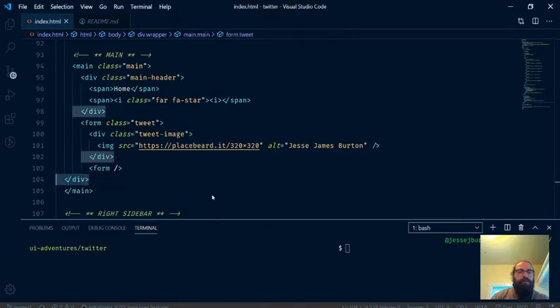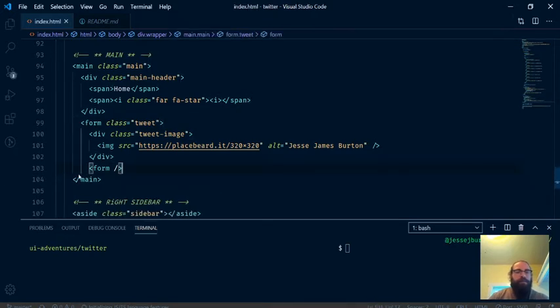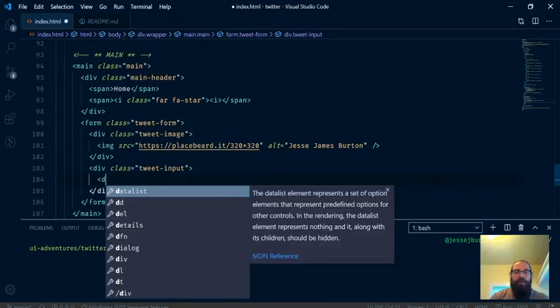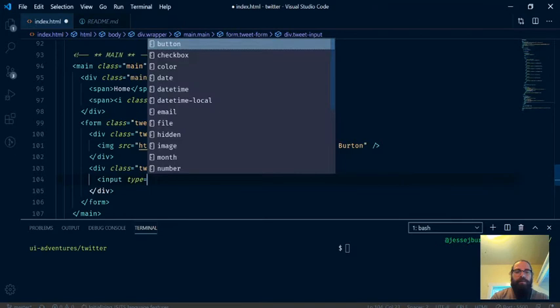So now we've got our main, our form, and this starting and ending div. So now this is going to be our tweet form. I'll put that like that. This will be tweet form. Tweet input. And then in here we're going to have an input